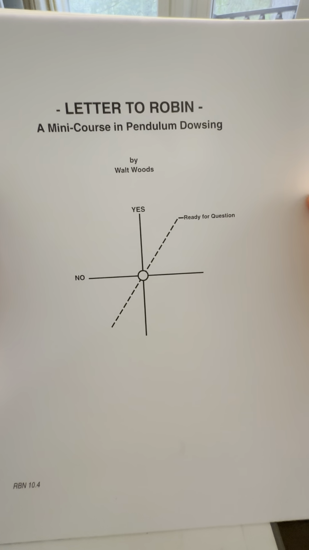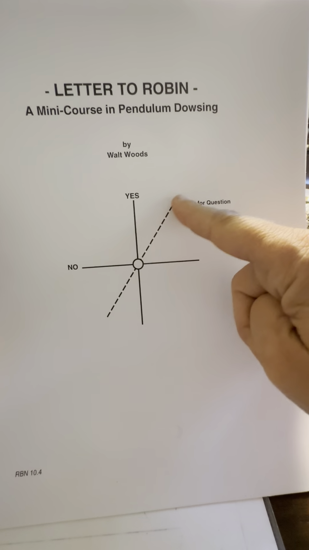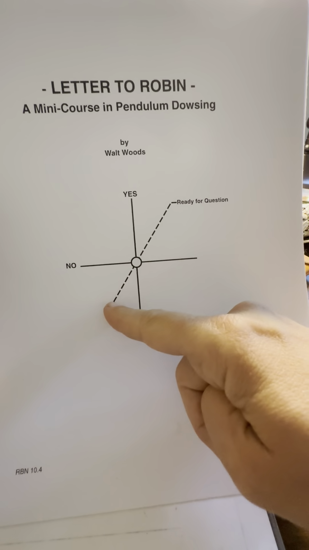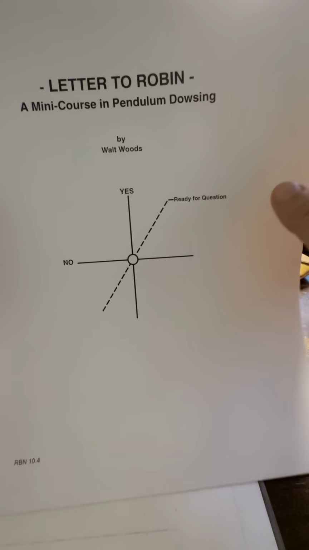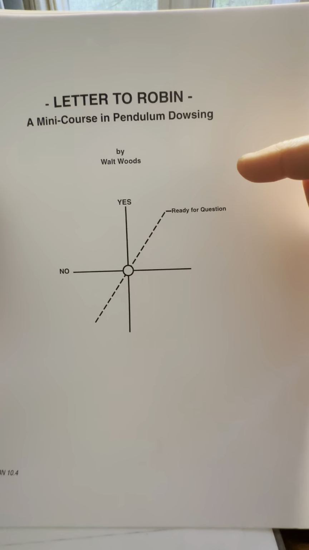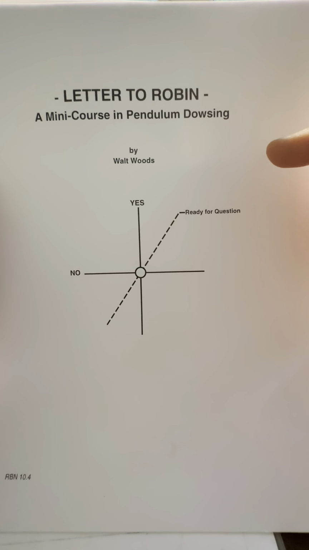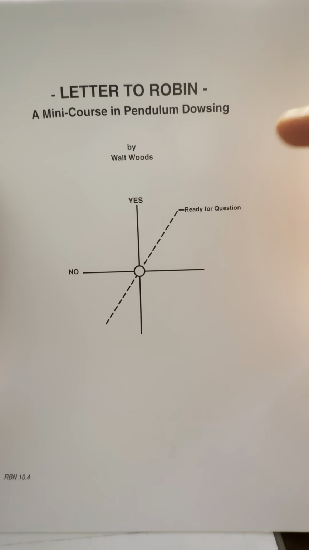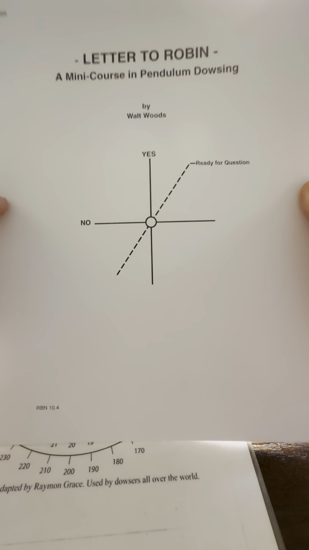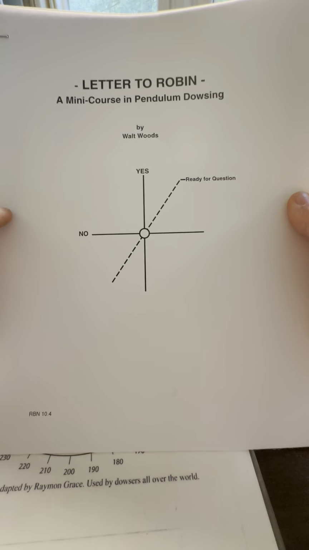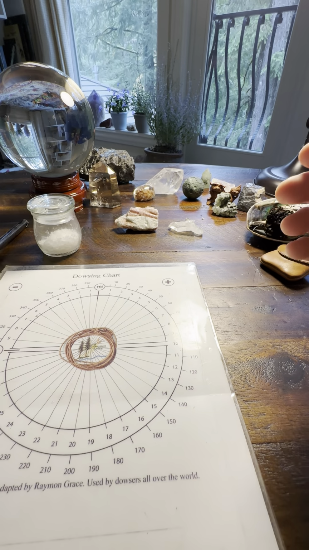By Walt Woods. And basically, again, this gives you guidance. Here's the neutral state, the being in a neutral state. He talks about the neutral state. He talks about programming your pendulum, all kinds of things. And I actually believe Raymond Grace may have modeled some of his information, how he uses a pendulum, off of this book by Walt Woods. But I believe you can download a free copy of this, and it's definitely worth checking out and reading, okay guys? So that would be a resource that would be really good to get for you.